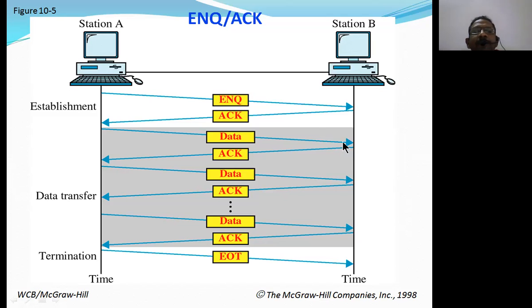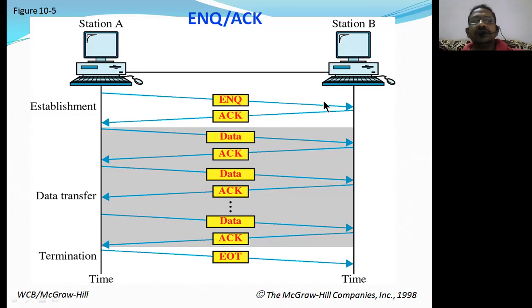First of all, there should be an establishment of connection between station A and station B. So as I was talking to you, whenever station A has got data to transmit to station B, it is going to establish the connection by using inquire, acknowledgement, handshaking signals. By using the inquire, acknowledge, handshaking signals, this particular method is going to establish the connection.